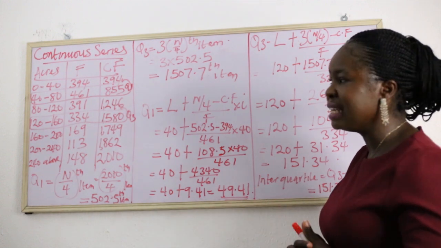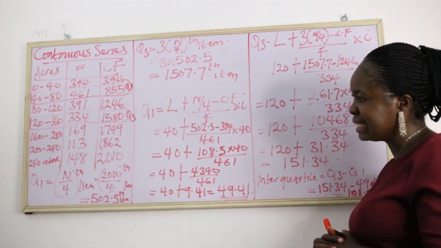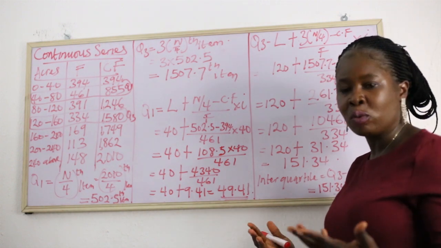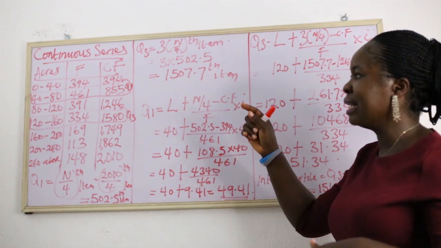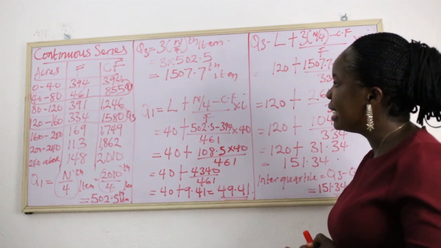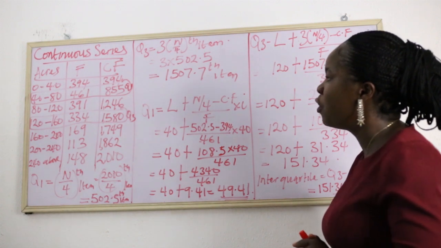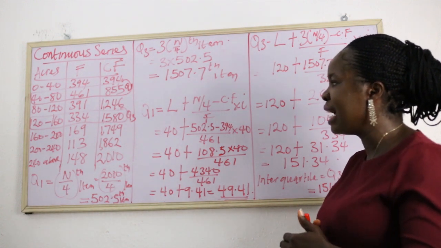Then the frequencies are 394, 461, 391, 334, 169, 113, 148. Like we said, the next thing is to add up the values, and that is the cumulative frequency. The first value will be added plus 0. 394 plus 0, we have 394. Then 394 plus 461, we have 855. 855 plus 391, we have